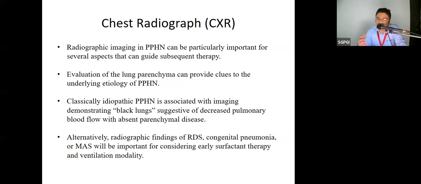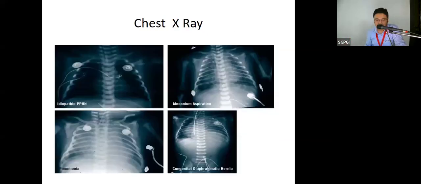So what could be the findings depending upon the cause? If there is a preterm baby, then you may have radiographic findings of respiratory distress syndrome or a pneumonia or a meconium aspiration syndrome, where early institution of surfactant might help. Okay, so this is the X-ray. As you can see in